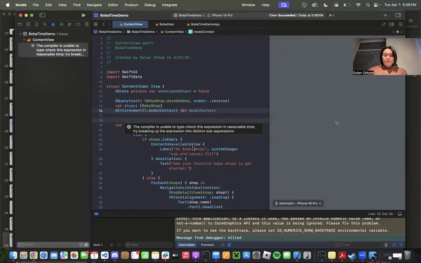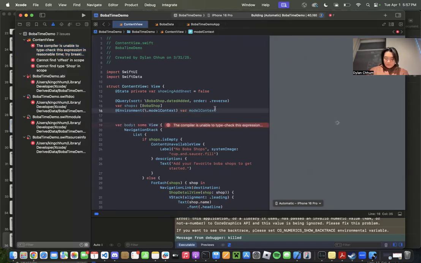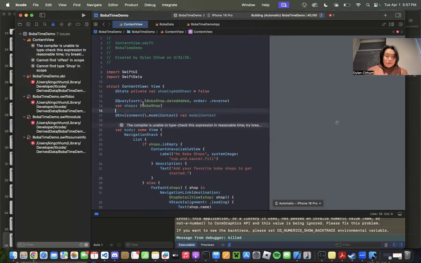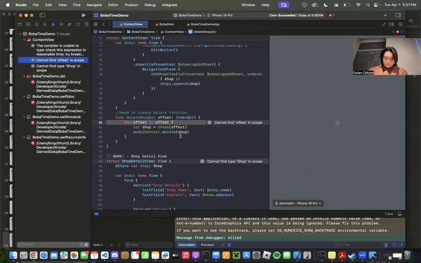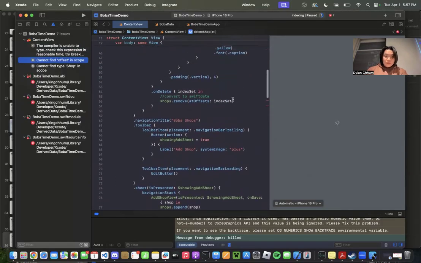Let's load. What the heck's going on? I need to separate it. Oh wait, I'm not calling it. Should be on delete. Instead of dot remove, it should be